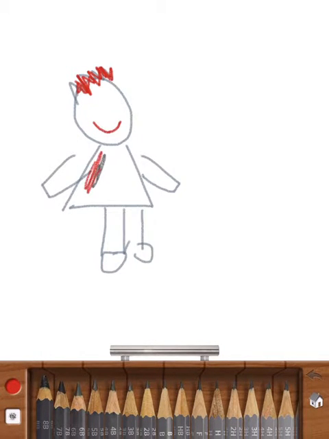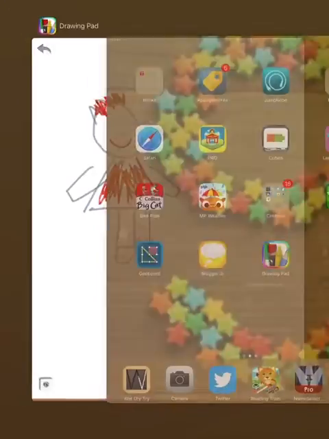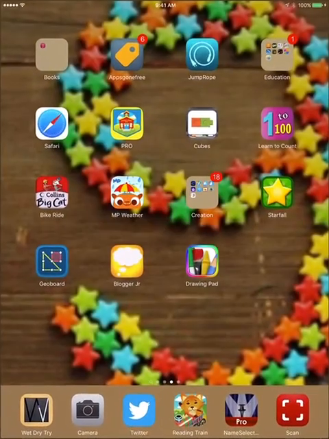So you get the idea that it is a really versatile app because I can draw anything, and it's just like drawing on paper. And if I close the drawer, I would then teach them to take a screenshot, and then they can take this out of this app, and we would go into our Blogger